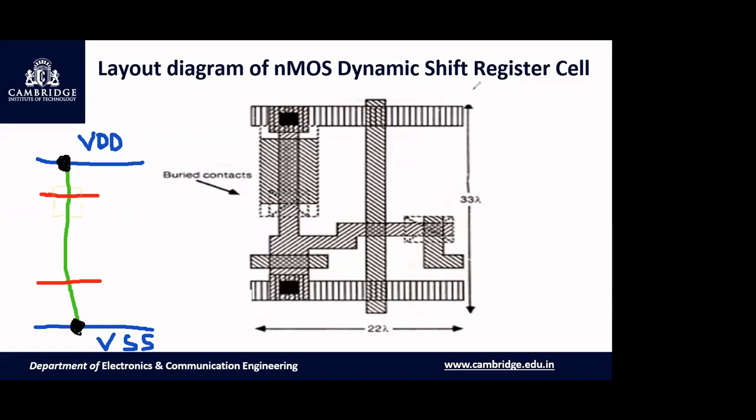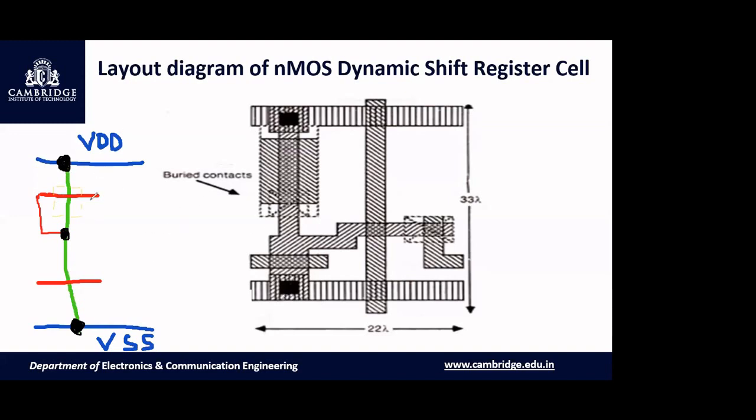Next, there's nothing but the gate. That gate should be connected to the source of the pull-down transistor. From there we can take the output, or else you can leave it here itself. And a contact would be required. You make a contact. Like this, we'll draw the stick diagram for the NMOS inverter.